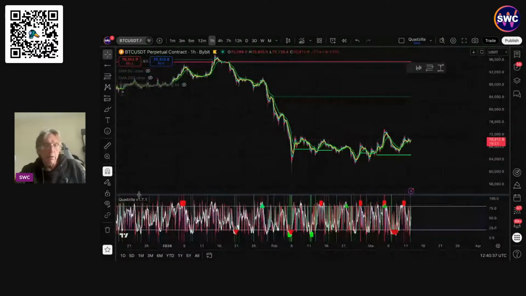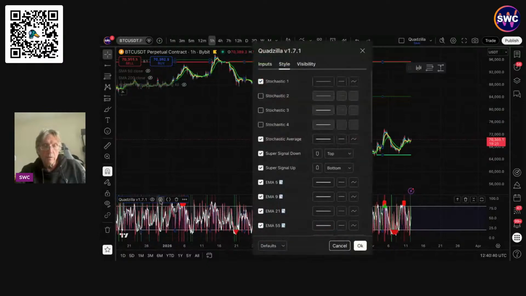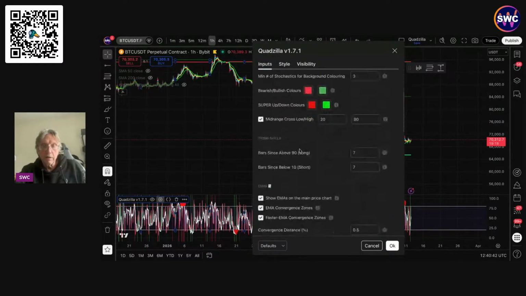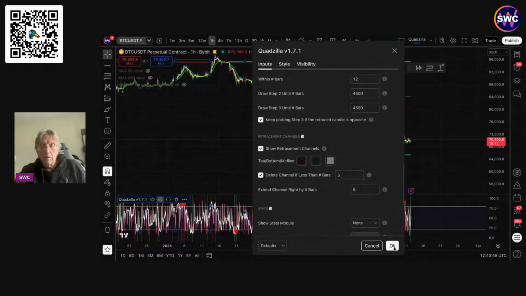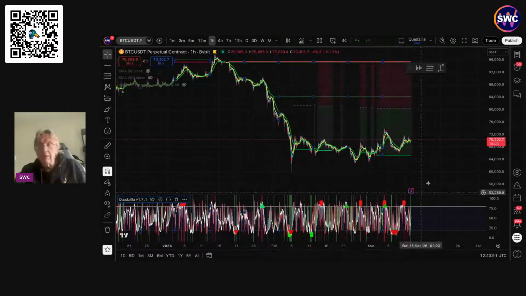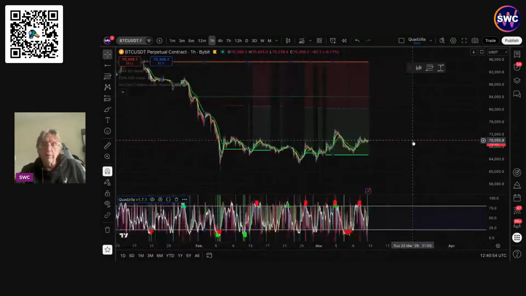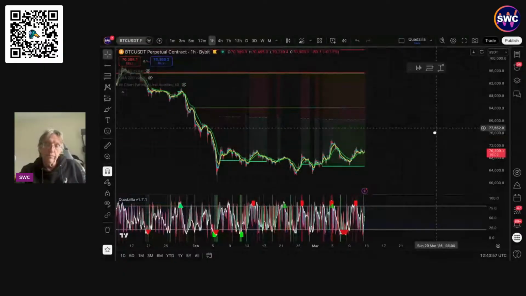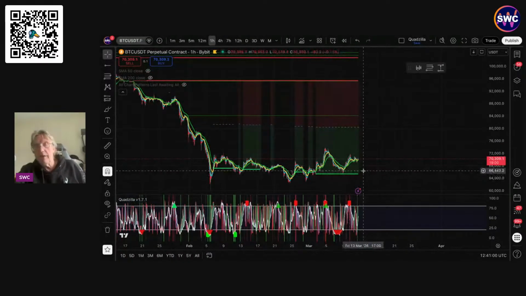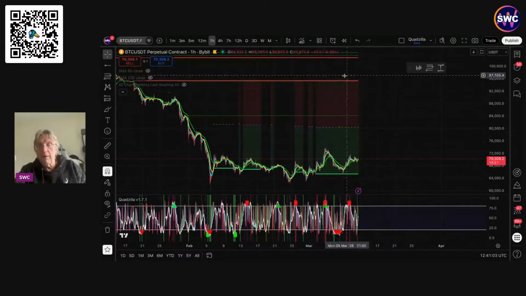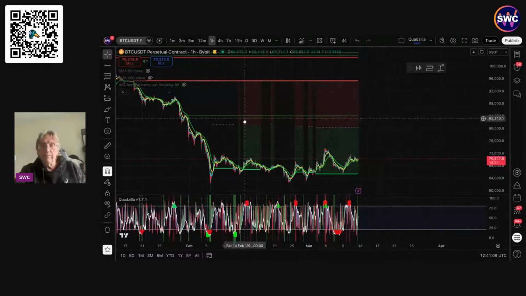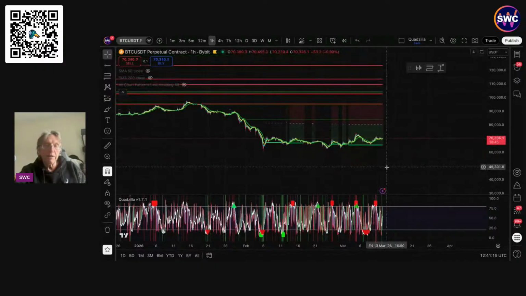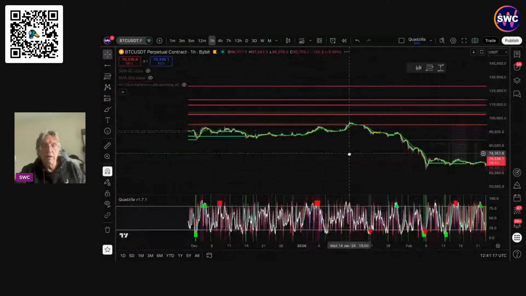And I tell you what would be good is if I put on the channels, which I think I turned off yesterday, didn't I? Show retracement channels. So what these are, what we discovered was that when you've got a bullish retracement level here and a bearish retracement level up here, it establishes a kind of channel that it sort of trades in. And this 50% line here seems to be quite important. It seems to be a level that gets respected quite a lot. I can probably show you that in the past.